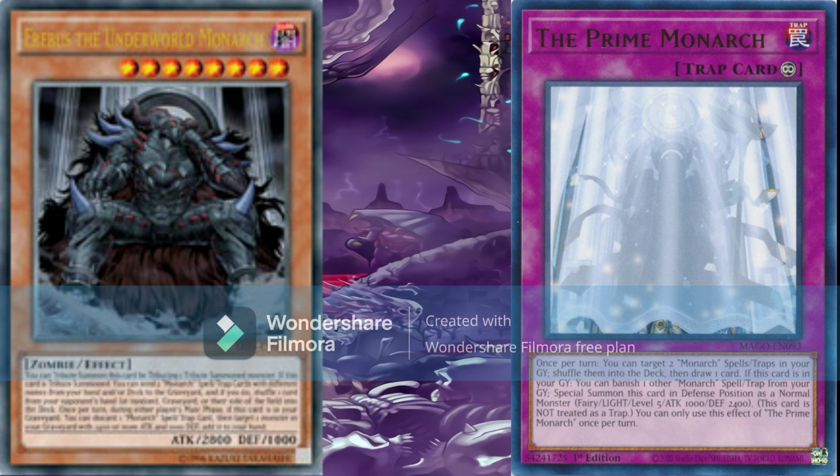Also, while in the graveyard, Erebus allows its controller to discard 1 Monarch spell or trap and target any monster with Monarch stats in the grave and add it back to the hand. So firstly, dumping 2 Monarch spells and traps to the grave gives major advantage in modern Monarchs, as well as